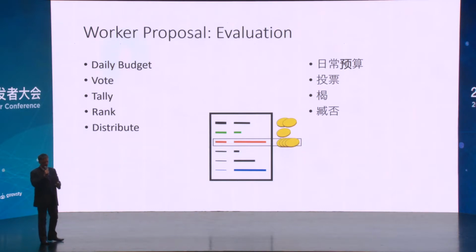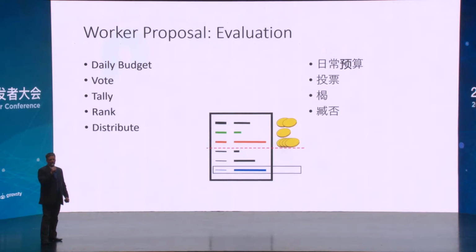So the bucket goes away. When it continues on and evaluates the next one, there isn't enough left, right? So these will not be funded. So this is what's important. If you're going to create a worker proposal, you must earn enough votes to be moved above that red threshold line, right, where we see where all of the other coins are distributed. In fact, in this orange line here, perhaps it wasn't even fully funded, because when the bucket runs out, all of it will be distributed to the last one.